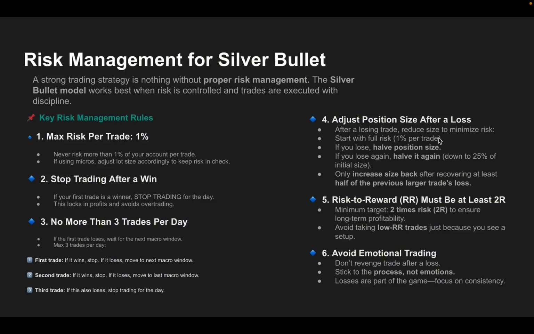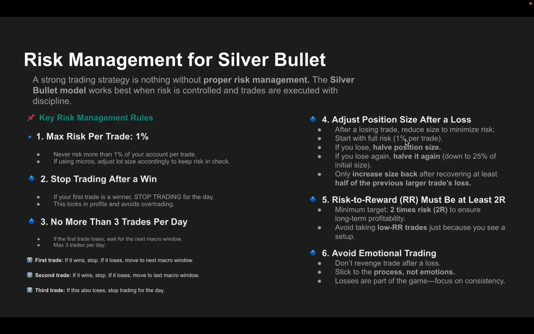Again, I want to repeat this, do not double your size. So say you start with your full risk, 1% per trade. If you lose, you would halve your position size down to 0.5% on your next trade, and obviously wait until that next macro. And then if you lose again in that second day macro, you would halve it again, down to 0.25%, for